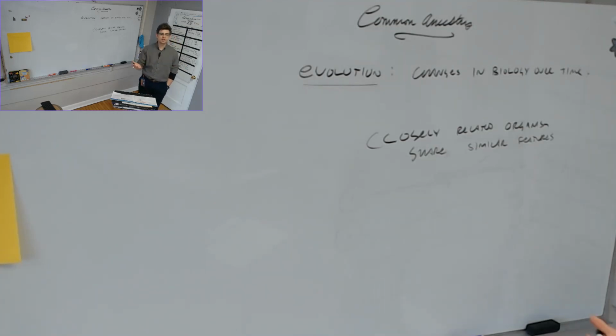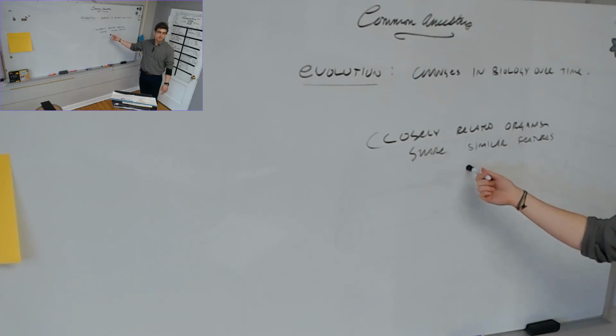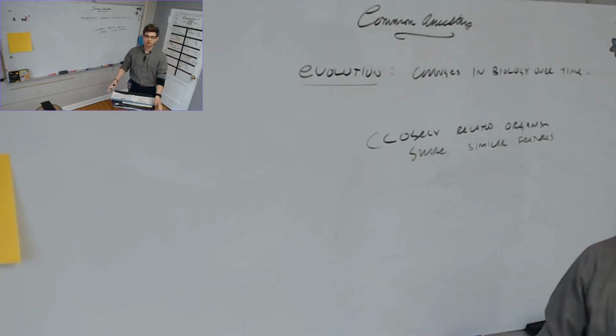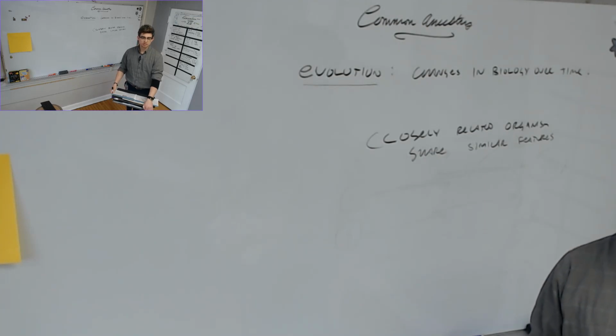Are there exceptions to that? Of course. You could tell me something like, oh, but my aunt doesn't look anything like me. She's got no arms, and she has only one hair on the top of her head. One of her eyes is blue, and the other one's green. Sure, there are exceptions. There are exceptions in the science of evolution to this, too, where some organisms that are not closely related happen to look like each other. Think about snakes and worms, perhaps. Not very closely related, but they share some similar attributes.